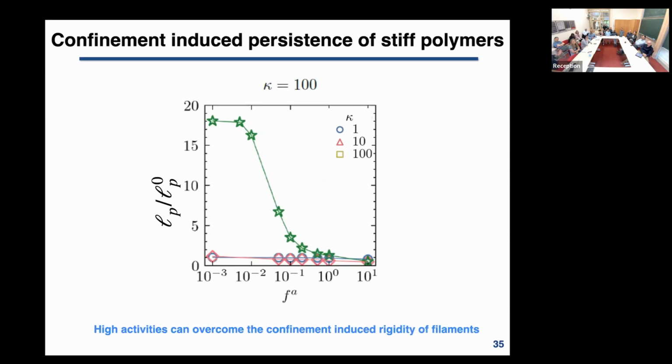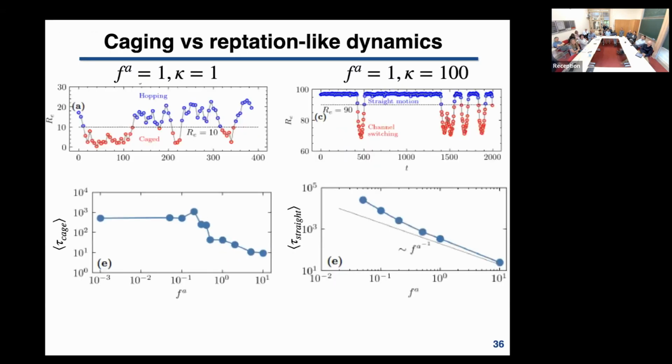I think it was nice to look at the effective persistence. Again, it's not the intrinsic persistence that is checked. You can see for the stiff case, the persistence is going down with activity, the one you calculate from the orientation correlation function, and for the very high packing fraction. And then I thought it's worth to discuss